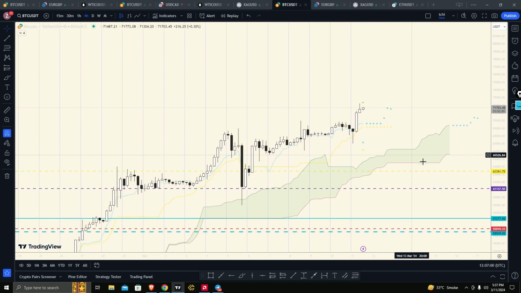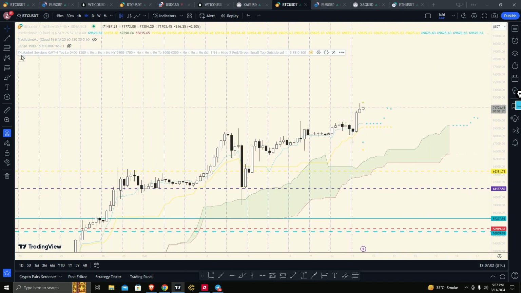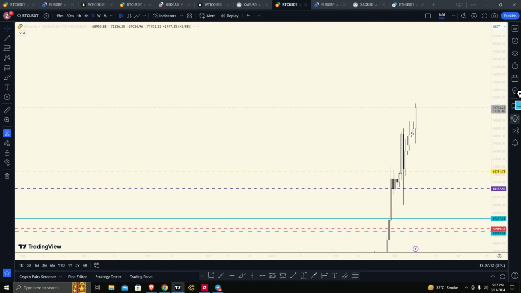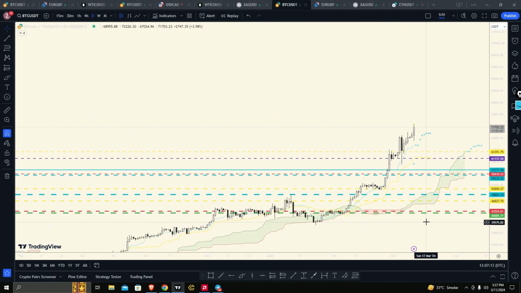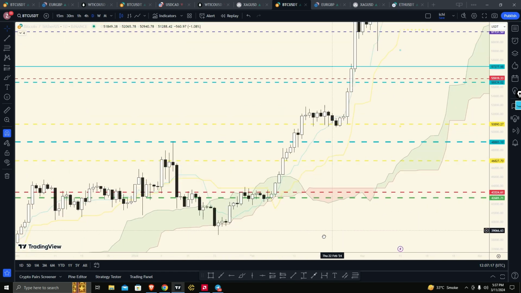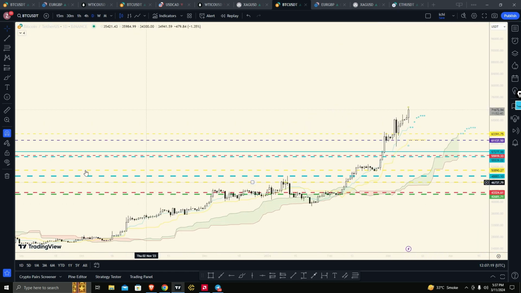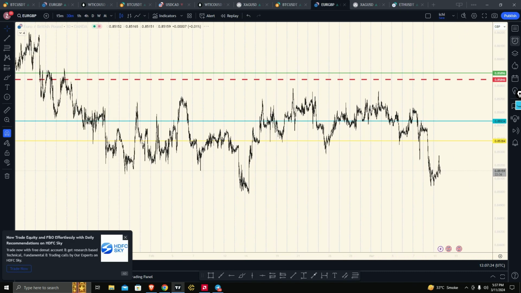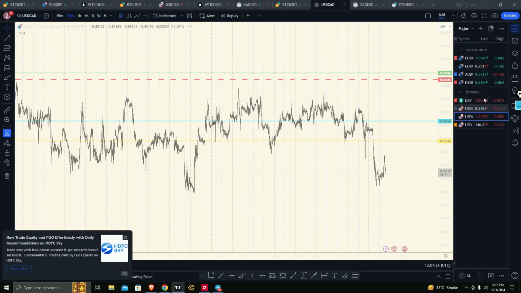H4, right? Okay. So I have two settings for Ichimoku. This one is supposed to be crypto settings. This one is the normal one. I usually use the normal one. So again, above Kumo is bullish, this is a bullish TK crossover. I wouldn't really go into depth. This is just one part of my system. I use it for confluence. So one example of that confluence is